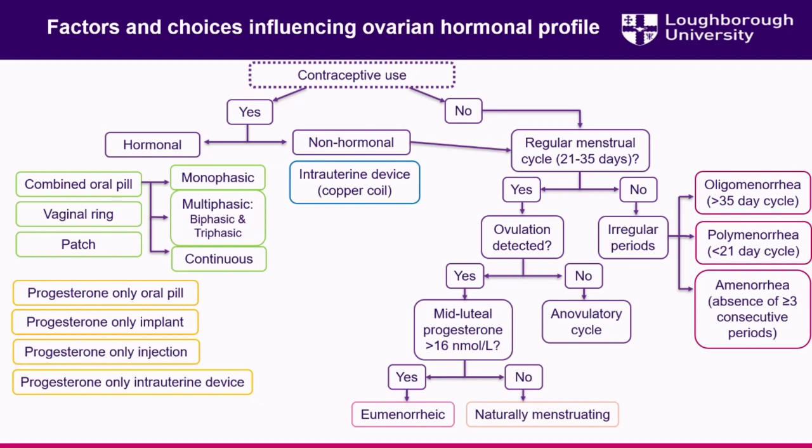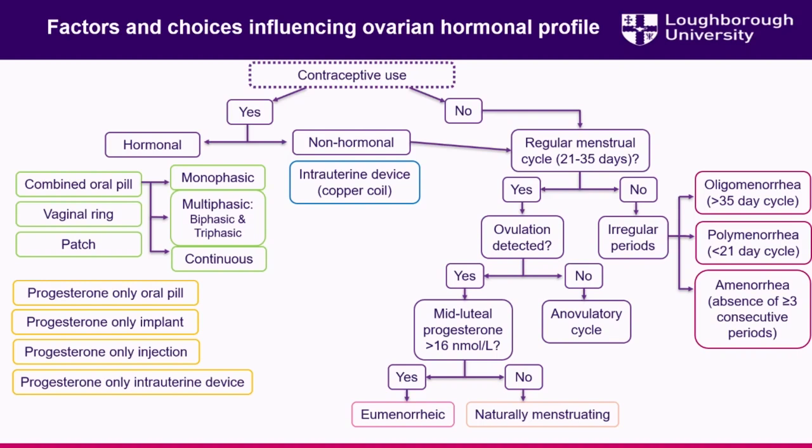But just to break this down a little bit, what I wanted to show was the heterogeneity that you might see within females, and when we're thinking about recruiting them, what they might look like. So if you take the top tab here, I've got, does a female use contraception or not? If we follow the tab for yes, we've then got two further considerations. Is that hormonal contraception, i.e. is it delivering synthetic hormones, which are typically ethinyl estradiol and a synthetic form of progesterone or progestin, or is it a non-hormonal form of contraceptive?